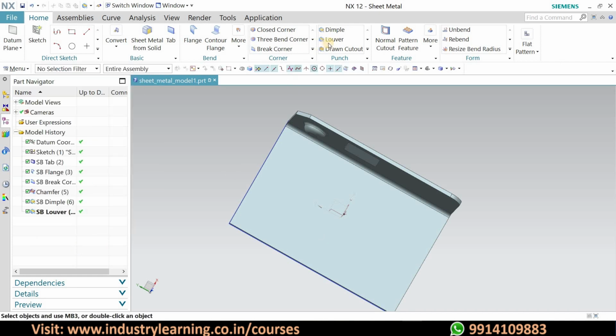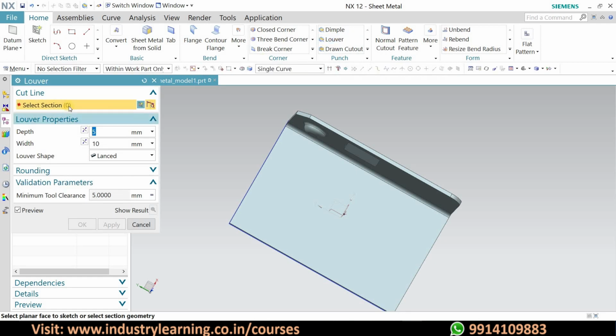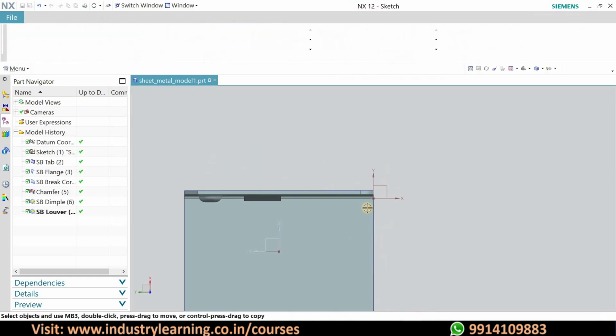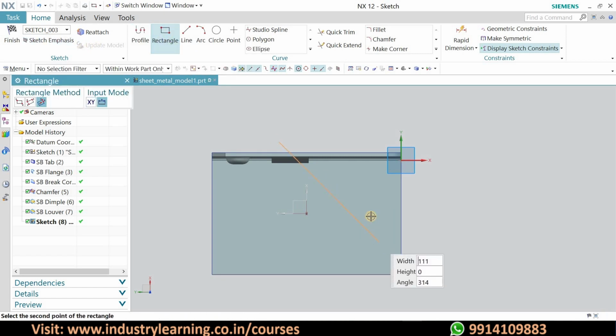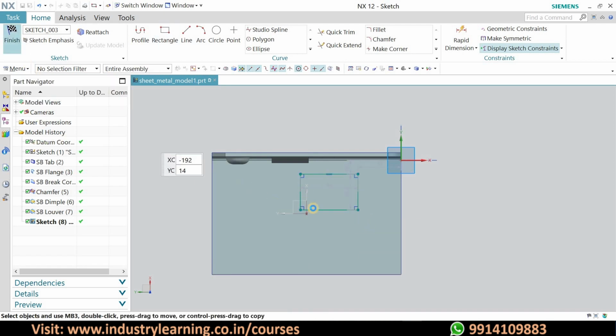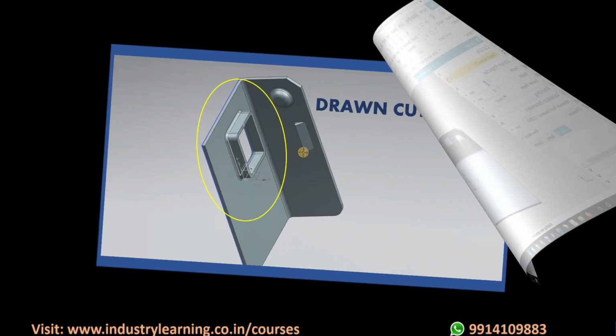So for that, again we will select the louver, and now we will make a sketch again, and again we will click on louver, and we will select the faces, and after then again we will make a rectangle like that, and after then we will do finish. So we can see here that louver has been created again.